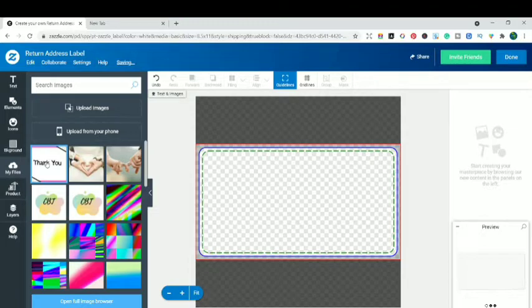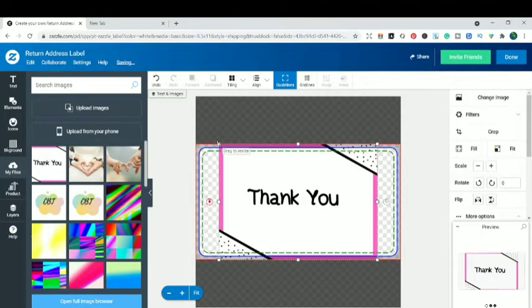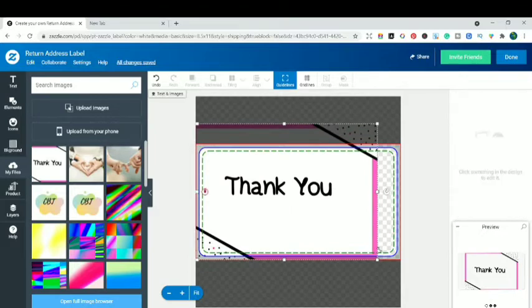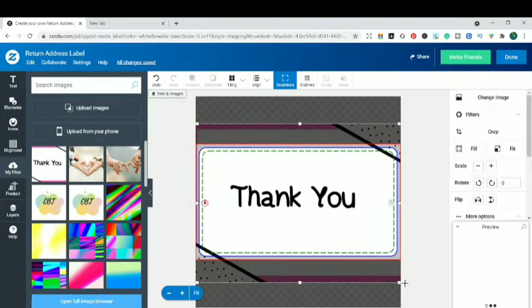Then I can just click over here. So this one is the design. I'm just going to maximize it so that it fits well on the label. Now this is the design that I have uploaded from my laptop, and this is not a template, guys. I'm going to show you exactly in a second what I really mean by that. So you can see I have just uploaded the design from my computer, and then I can just go to the done option. Now it's a thank you.